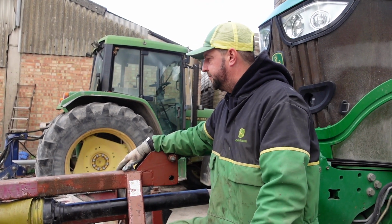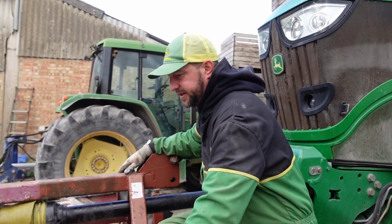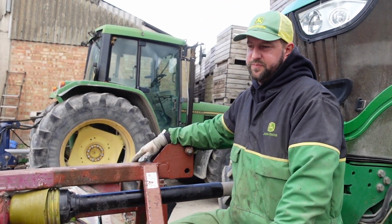Everything's greased on it now. I will buy another one of these if I find another one at the right price. I wish I'd bought one at the weekend, but